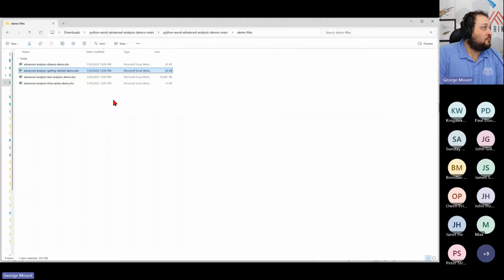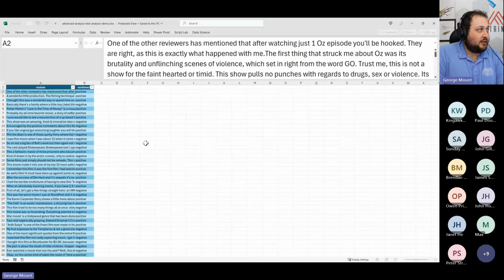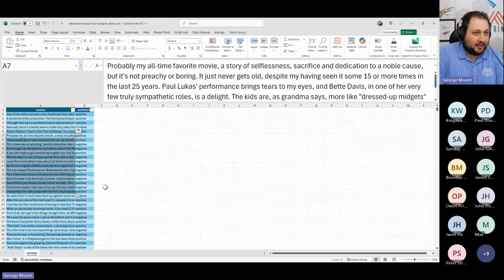Awesome. All right. So what I'm going to do, just to take it up a few levels here, is let's go to the text analysis demo. This is brand new stuff for Excel by and large, because Excel in the past has been pretty limited in terms of what it could do to work with text. Sure, there's been the left, right, and mid functions and text to column and things like that, but